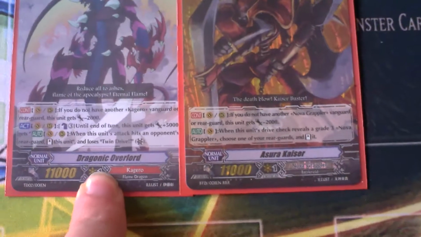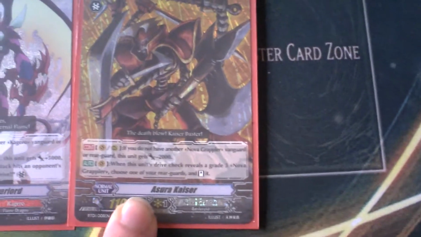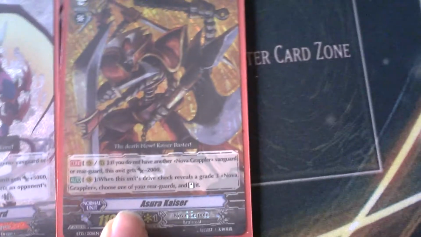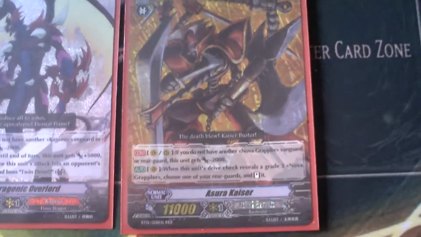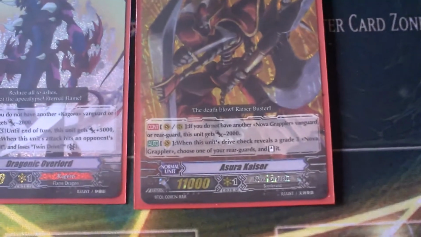If he attacks a rear guard, he gets to restand. And if Kaiser reveals a grade 3 while it's Vanguard, it can restand any Nova Grappler on the field on your side. Which basically means if you get a stand trigger and a grade 3, you've basically restood an entire column, which makes him pretty good. And finally, you got